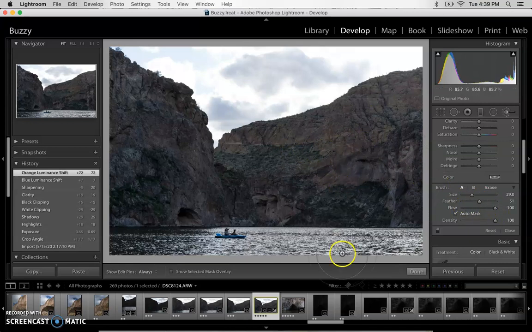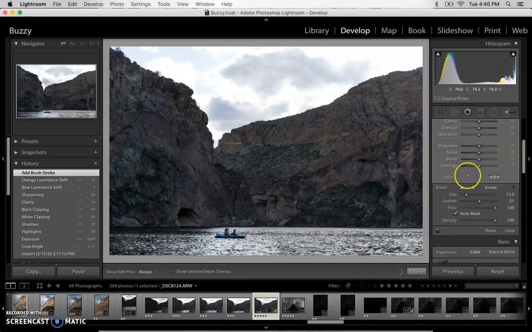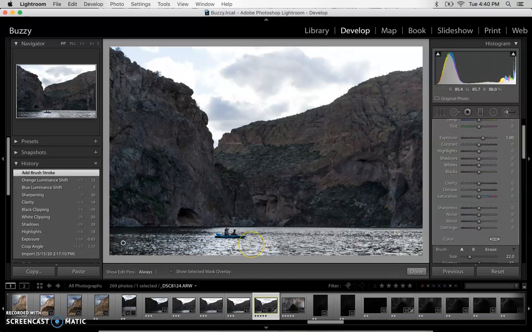So the first thing I'm going to do is I'm going to decide that I am going to darken the water down here a little bit. So I'm going to make my brush a little smaller. Once again, I'm just doing that with the bracket key. And I'm just going to start painting. Now it gets kind of hard because we see the water changing based on these settings that were already put in here from my last edit. But I want to be able to see it even better, so I'm going to click this button, Show Selected Mask Overlay. So if you know how to do layer masks in Photoshop,